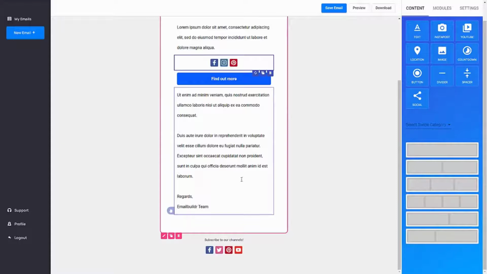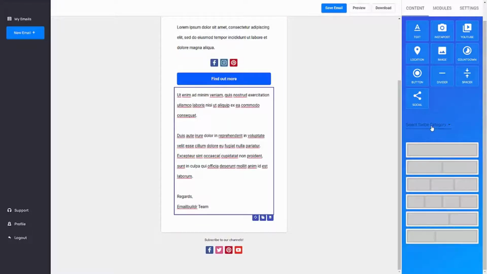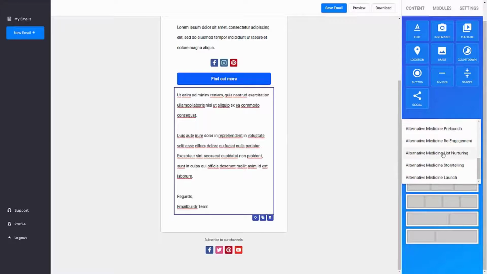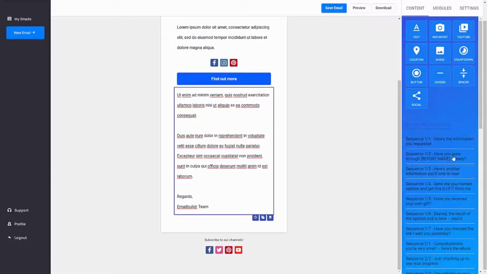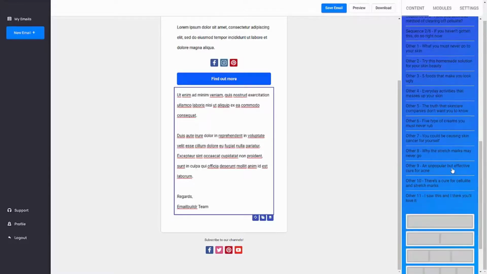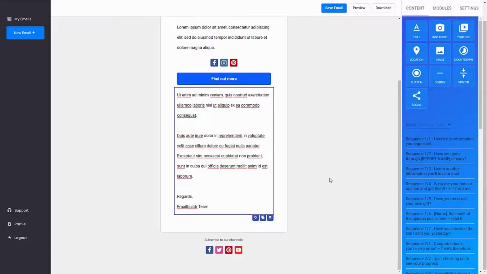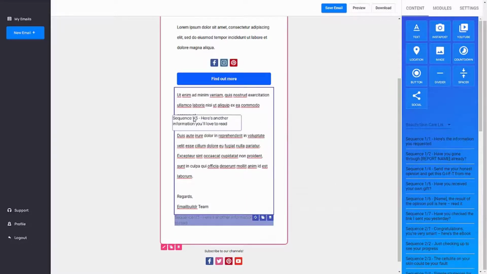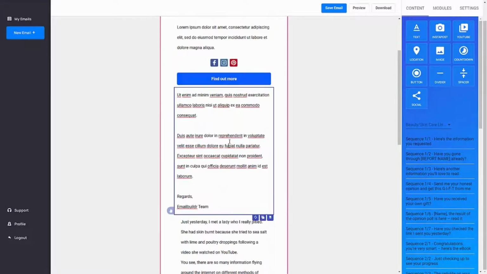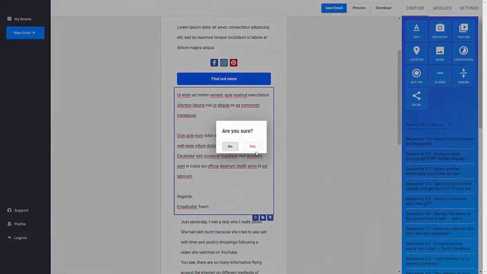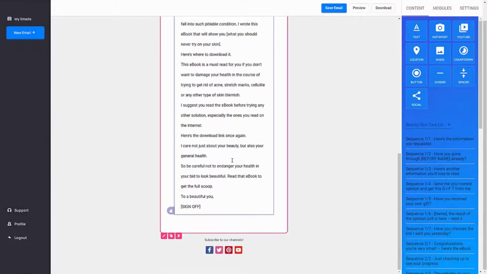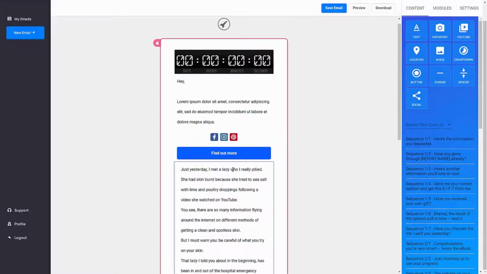If I want to add some text, let's say if I want to add some text over here, we've got some ready-made swipes to go as well. So you can click here, you can choose one of these emails that is available to you, and you can choose one or multiple emails. So for example, if I click over here, I can just drag and drop this right over here. So you can see, let me delete this. So you can see now that email is in place over here. You can edit it as you see fit.